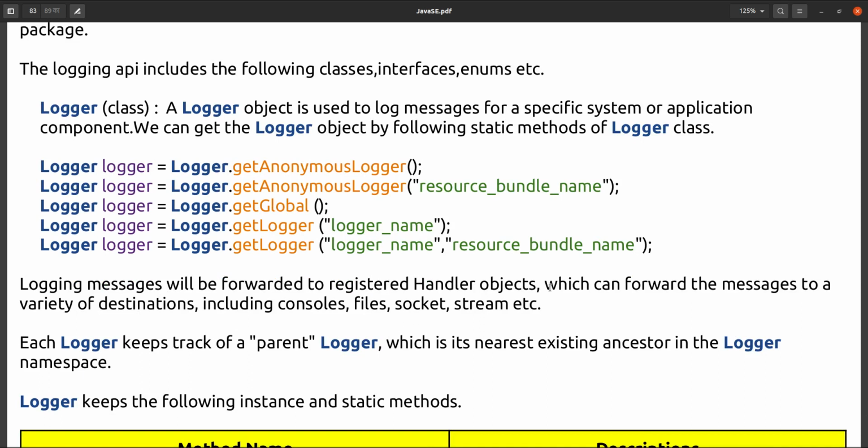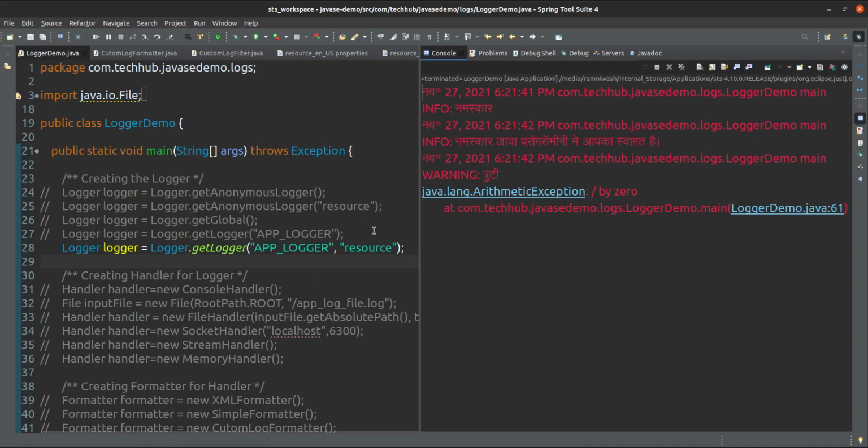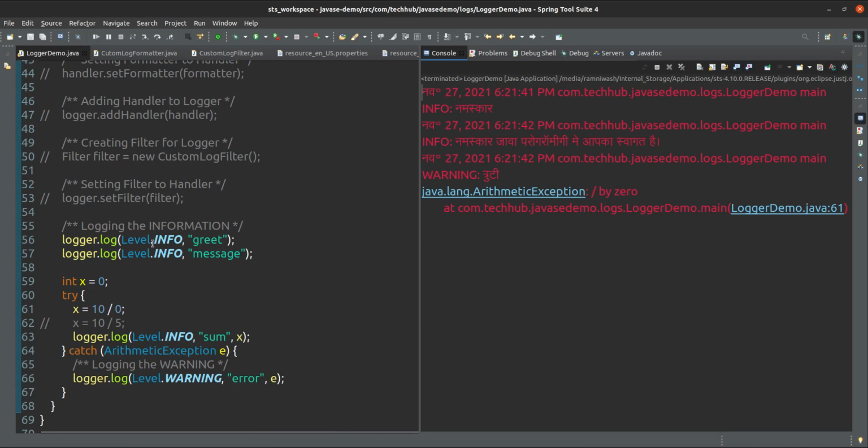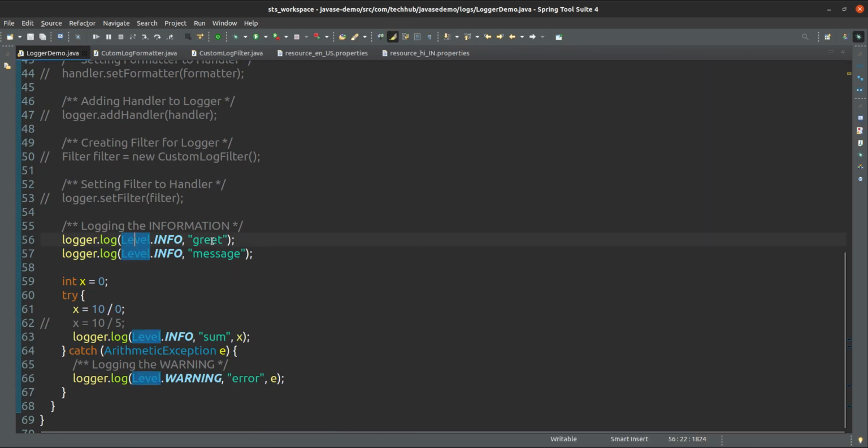Which can forward the message to a variety of destinations including console, file, socket, stream. So what exactly does this mean? Here a handler is also there, the logging message handler. Handler means currently we are logging this message or information or exception or anything.